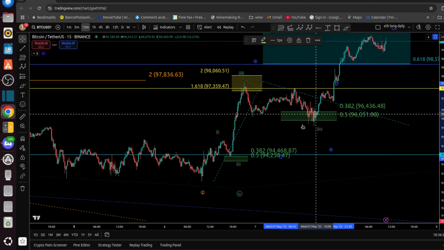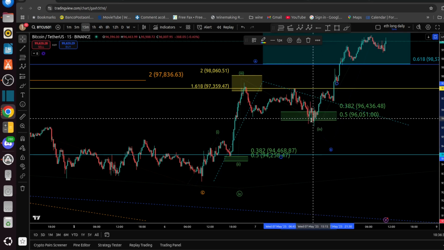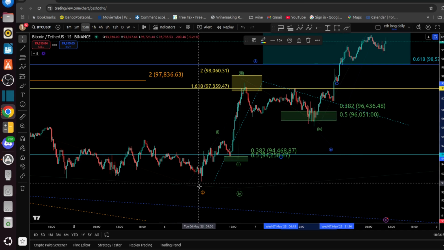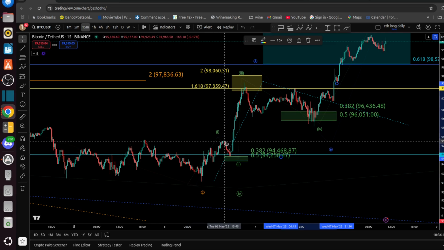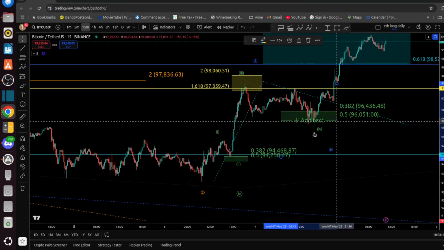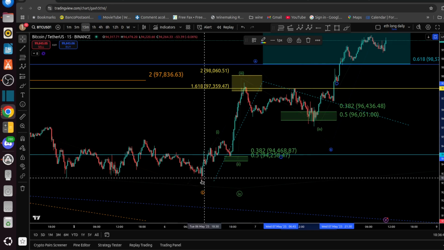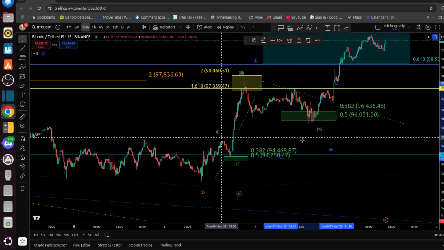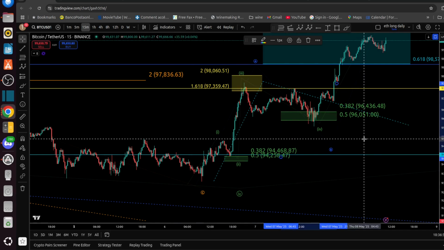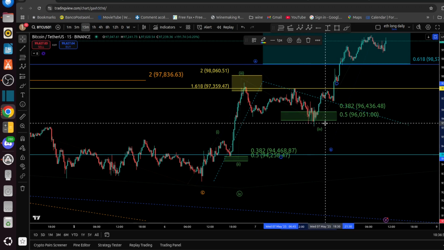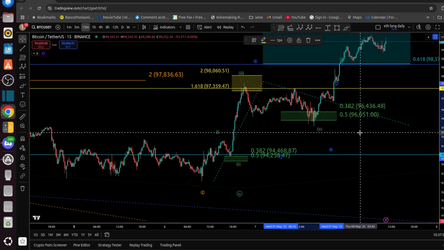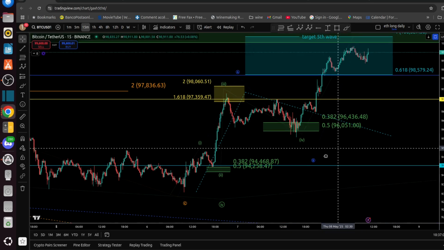Okay, so the fourth wave, I mean, it was to the limit, but once again, because of this wave 1, I could also consider it a kind of diagonal. I'm not even sure. But anyway, a lot of the time I say, this is 15 minutes. I'm not going to go and check the structure because, within the wave, it's 15 minutes. Are we going to go and check on the 5 minutes or 1 minute to see if I can find the 3 waves down? But 0.5 is kind of the limit for an impulsive movement to keep it reliable. Okay, so that's the thing here now.